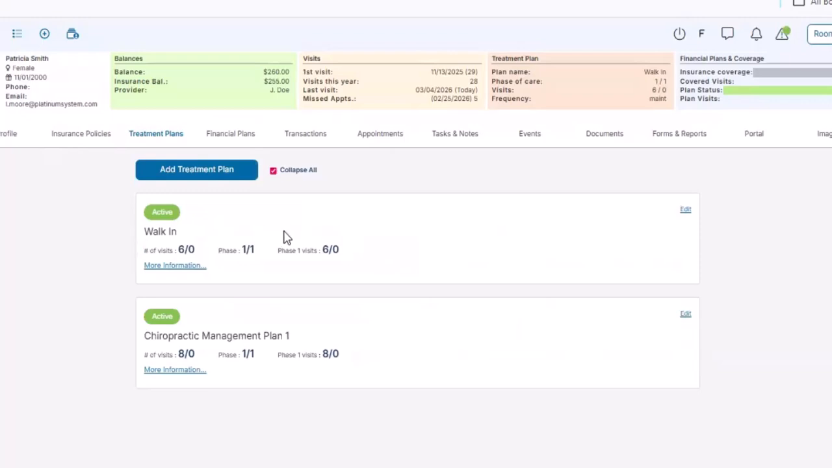Now, with Platinum 2.0, whenever you create a new patient file in the system, it automatically adds a treatment plan, and you can add additional treatment plans as needed. So, for example, if the patient was initially coming in for their wellness, but now they got